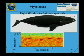A right whale. Right whales are actually probably the most endangered species, especially in the Pacific, but also in the Atlantic. It's called a right whale because it's the right whale for a whaler to hunt. And the reason is